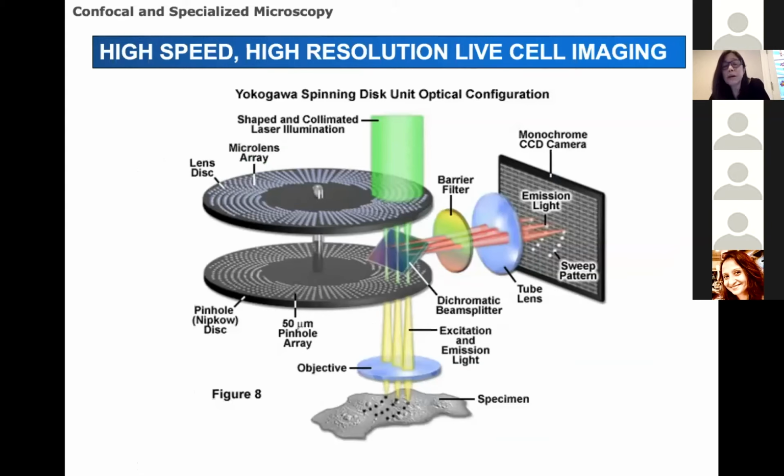So a lot of these problems are overcome using the spinning disk confocal microscope. So it is a confocal, that is, you have a laser source and you have a pinhole in front of the detector, but instead of just having one laser source and one detector pinhole, you have many, many sources and detectors that are inserted into a disk that spins. So what you get then is the resolution, or close to the resolution, of laser scanning confocal microscopy,